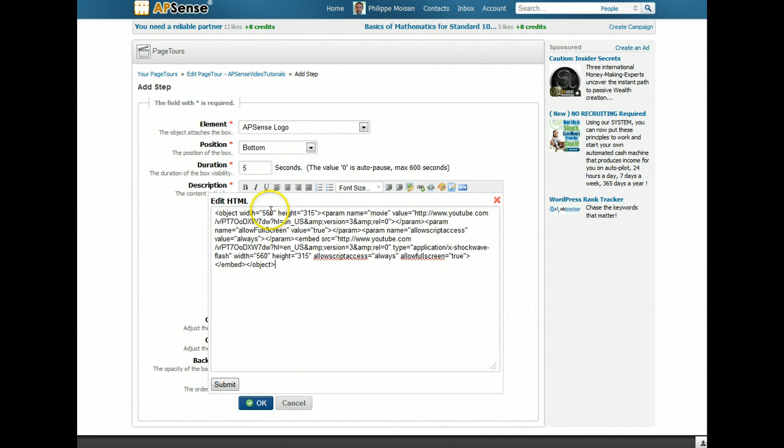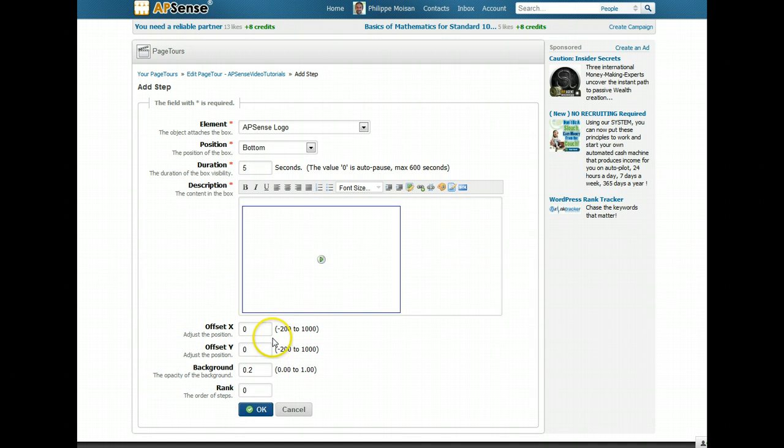And the width is too large for the step, it's not large enough. So what I recommend is, I think that 300 is okay. And then you adjust the height too. So let's say 200, and those numbers appear twice. I can't tell you which one is actually the right one, so I changed them in both places. And then you click on submit, and there you go. So the video is there. So if you click on OK,